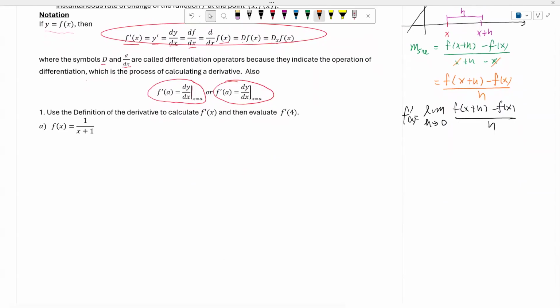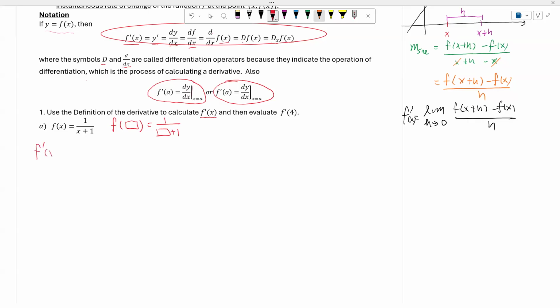Okay, so right now, let's see how we find the derivative f prime of x. Now remember, f prime of x is a new function, which is finding the derivative at the point x, f of x. Now let's look at our first example. So again, when I have f of x equal to 1 over x plus 1, we could replace the box with x.